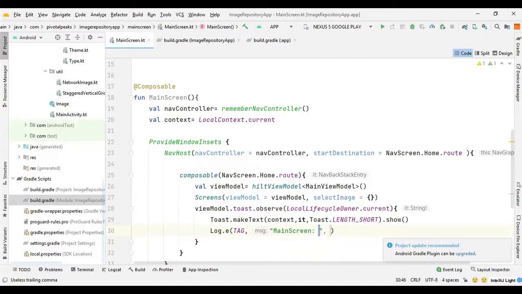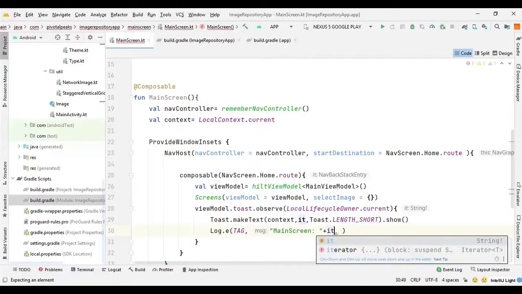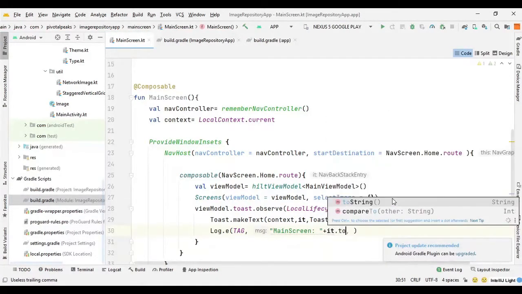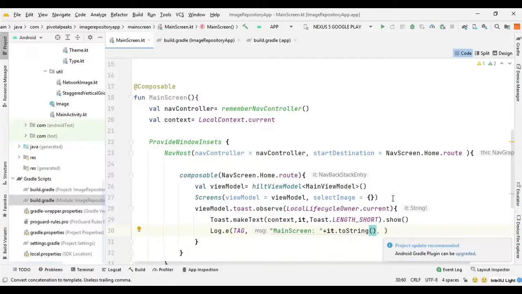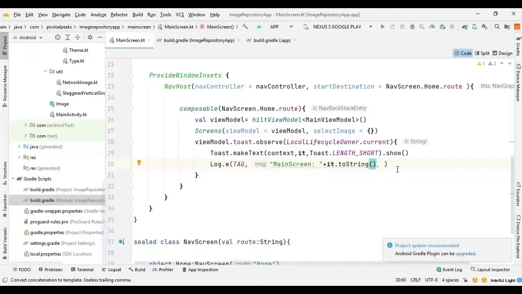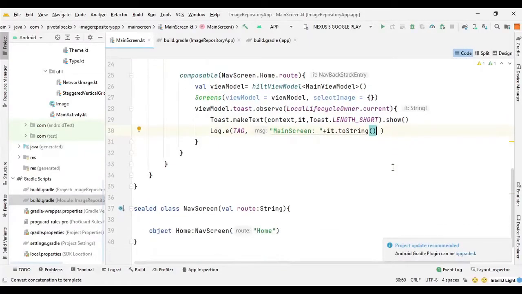So we can say plus it.toString, and yeah, that's it for the main screen for now, and that's also for this section.